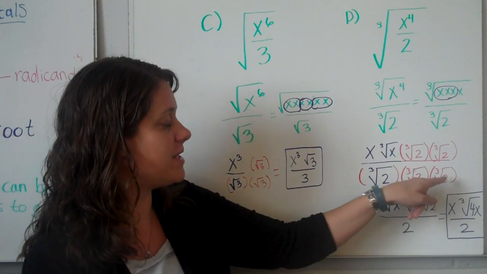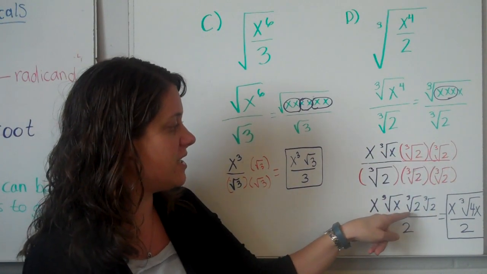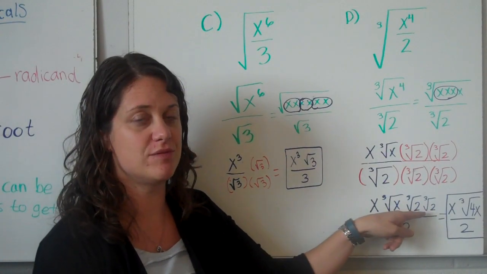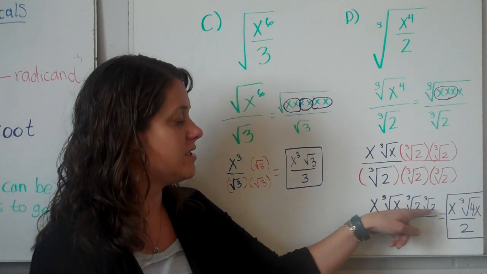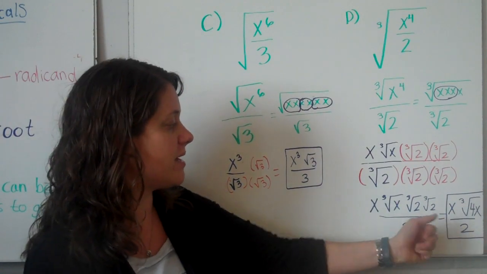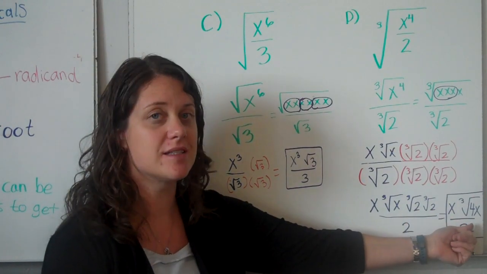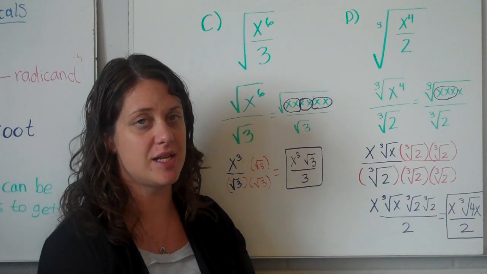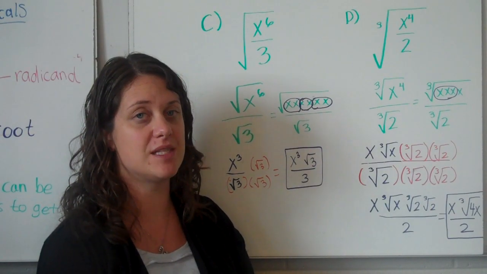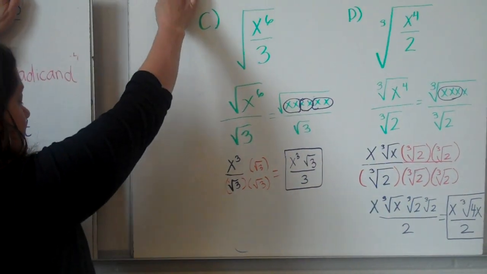However, what I do to the denominator, I must do to the numerator. So up here, you can see, there's what I started with. Then I multiplied by the cubic root of 2, 2 times. So when I put it back together, I have x to the third. And then when I multiplied x times 2 times 2, I got 4x. And then I had 2 as my denominator. Okay, so if you just go right step by step, one step at a time, simplify it, you'll get the right answer. So, finally, to recap,